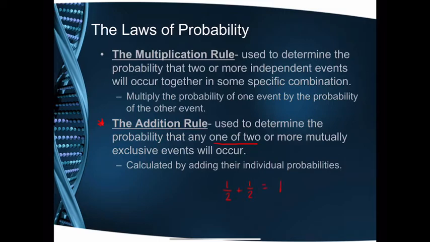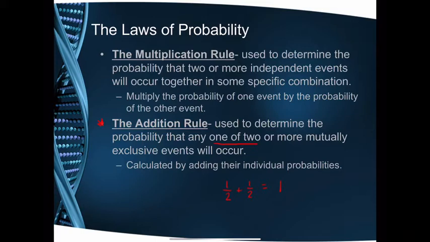When you add those together, you get 1, which is equivalent to 100%. So when they have a baby, it's going to be a boy or a girl, right? It's going to be one or the other because really there's no other option. But we are looking at it's going to be